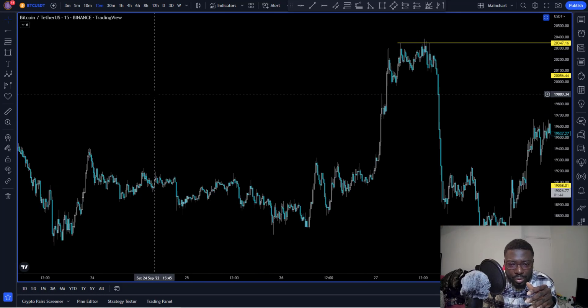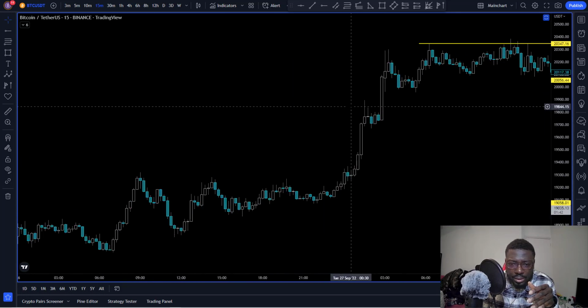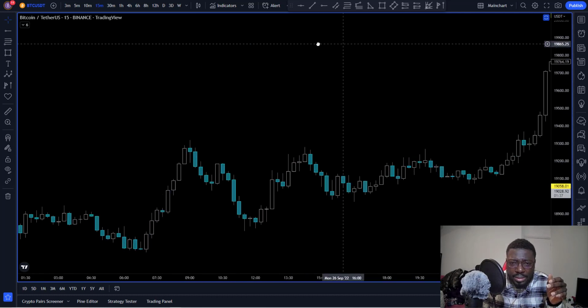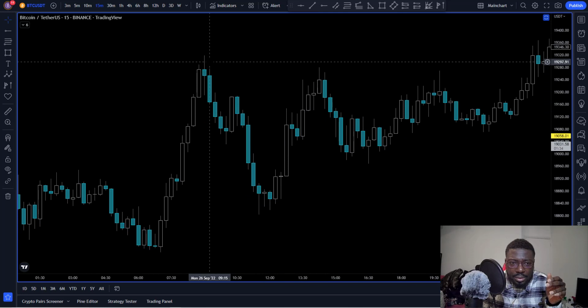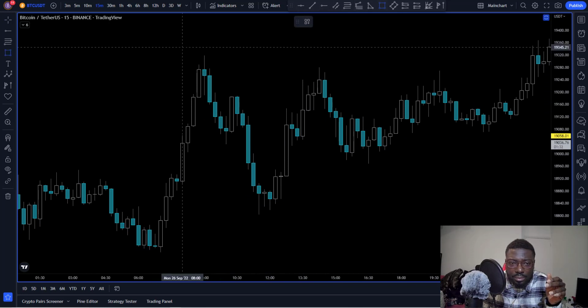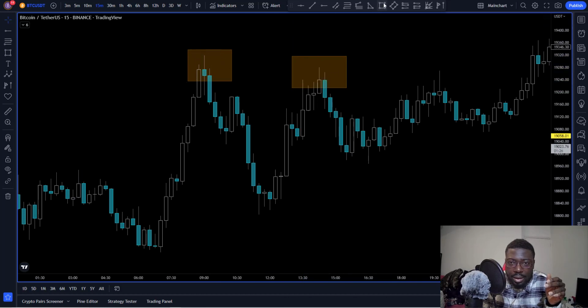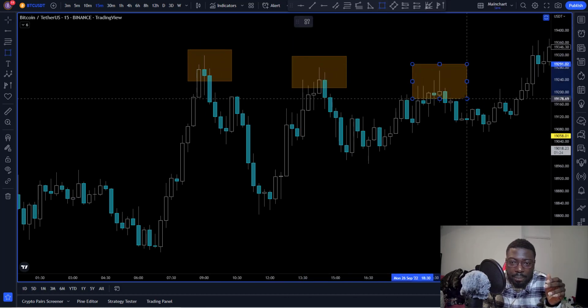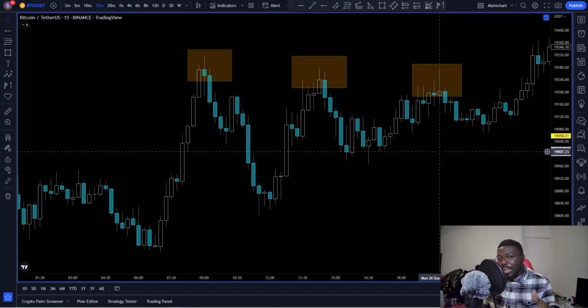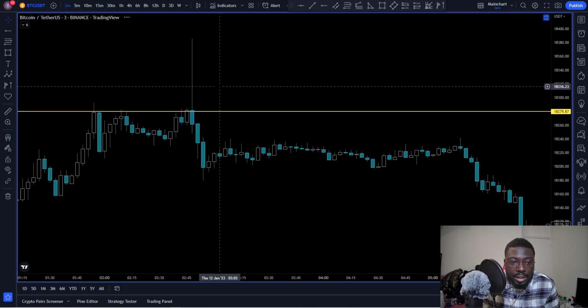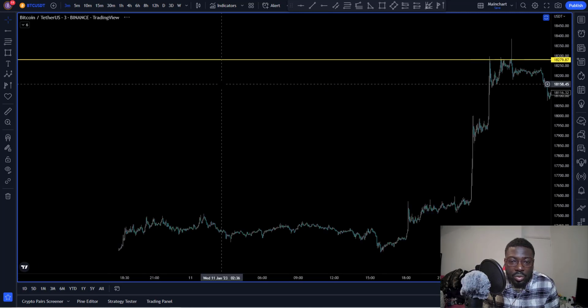Okay, so if we go back to the lower time frame now, look at this. Look at these three highs we put here. They are all swing failure patterns. This high, all these three highs here are all swing failure patterns. But you are not currently seeing it as a perfect swing failure pattern simply because we are looking at the 15 minutes time frame. So if we decide to go down to, let's say, 3 minutes, you are going to see how